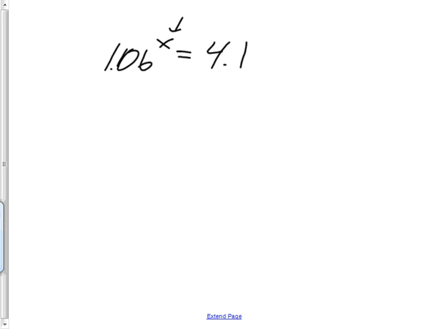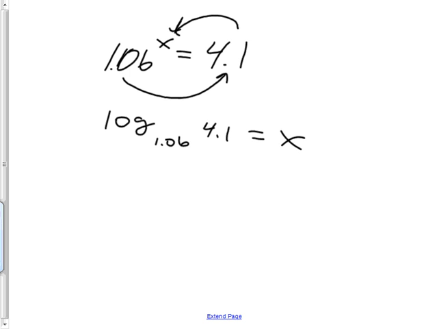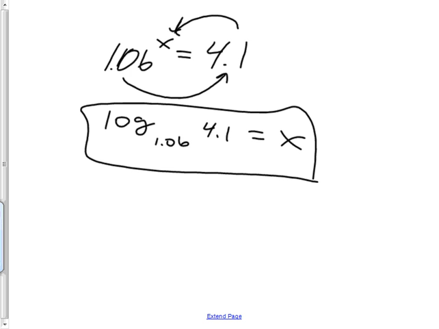All right. So now log base 1.06. And then you always have to jump around. You can't just do the next thing like x. You have to jump to the other side to get your next thing. 4.1 equals back over here x. And do you really think I would want you to do that in your head? No, there's no way to do that in your head. So if you had to do it with a calculator,